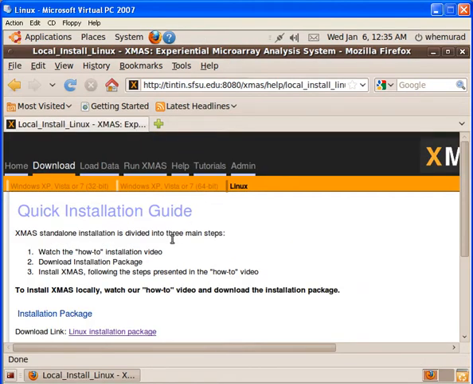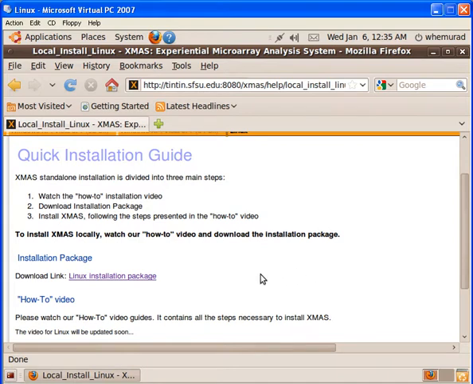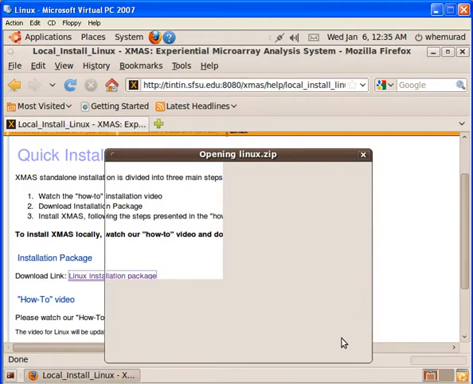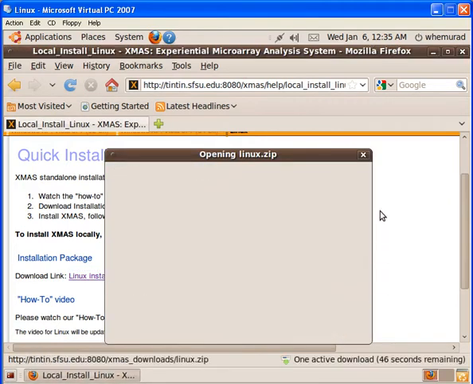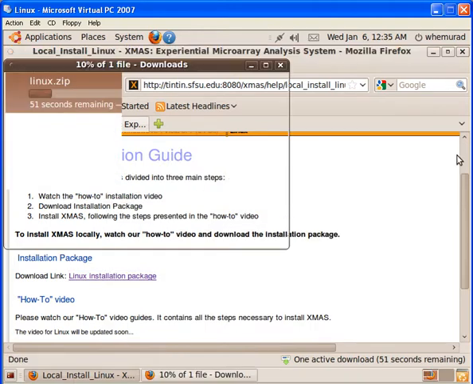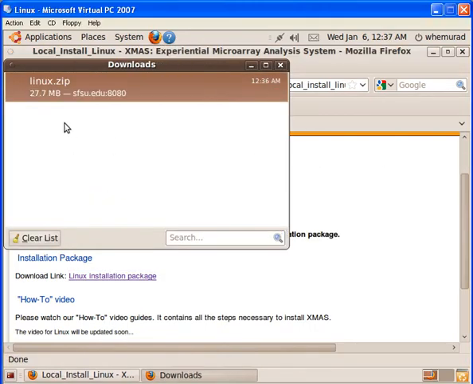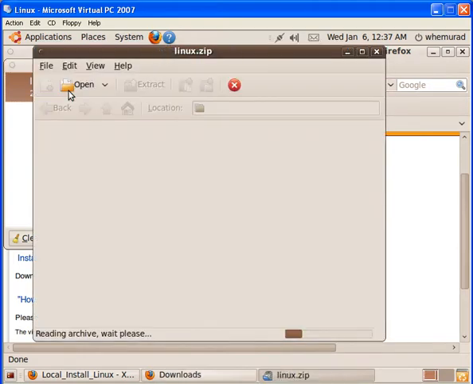The next thing we're going to do is to download the installation package. We can do so by clicking on the Linux installation package download link at the top of the page. Let's just save the file to our computer and wait until the file is downloaded. Once the file is downloaded, let's just open it and extract the files to a folder that we will create